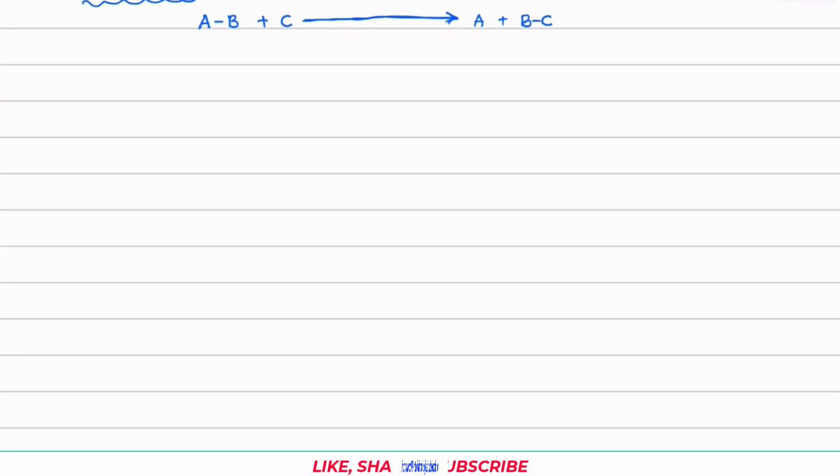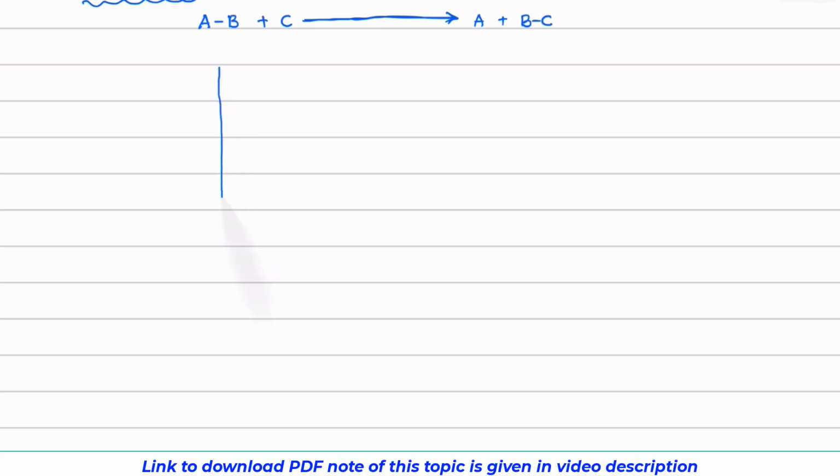To understand that, we will draw one graph where on the y-axis we take free energy and on the x-axis we will take the reaction coordinate. So on the y-axis we will take free energy and on the x-axis we will take reaction coordinates, right? So if we look at the energy changes during this reaction, the graph will be like this,